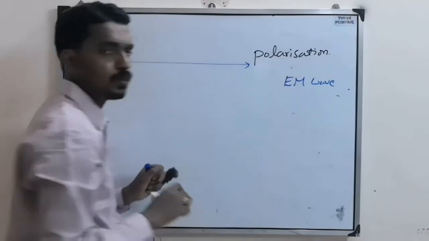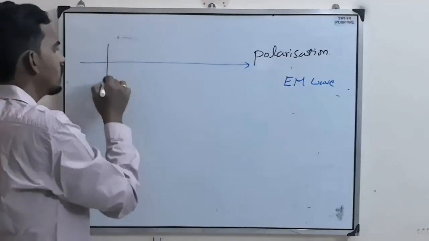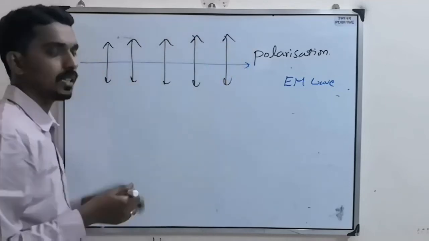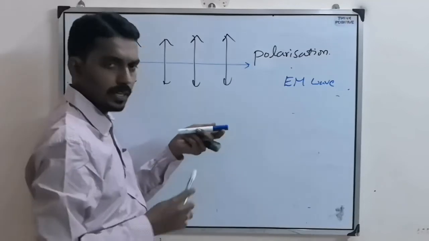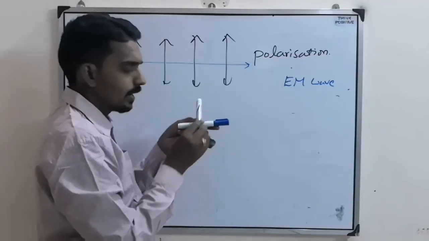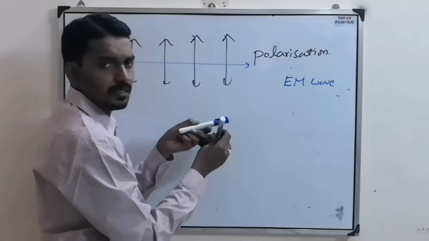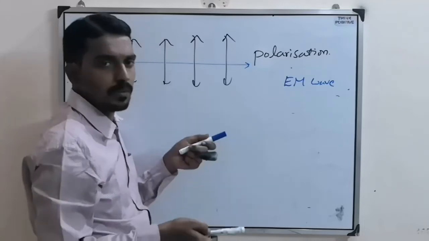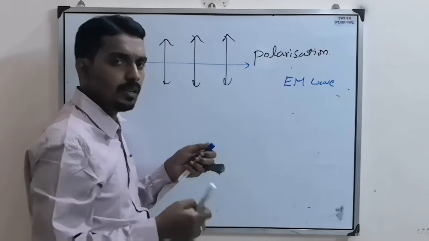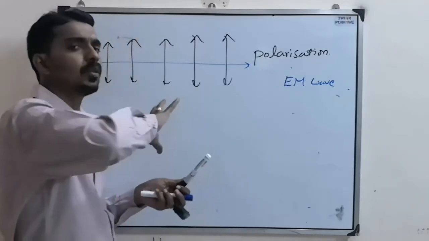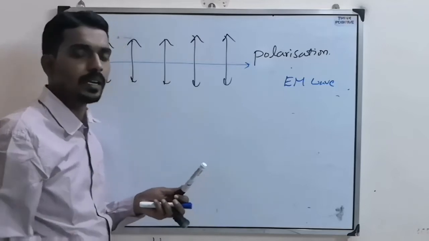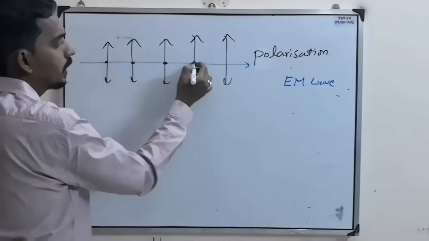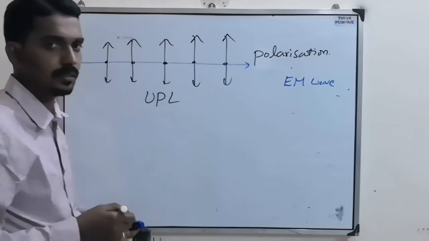So here, what does polarization mean? When you consider normal light, the electric field can be oriented in any direction. So when you consider the light propagation, at one point the electric field is like this, at the next point like this, like this. The condition is that it should be perpendicular to the propagation direction, but infinite directions are possible. The light wave traveling such that the electric field orientation is in all possible directions at different points, that we represent like this. That is called unpolarized light.